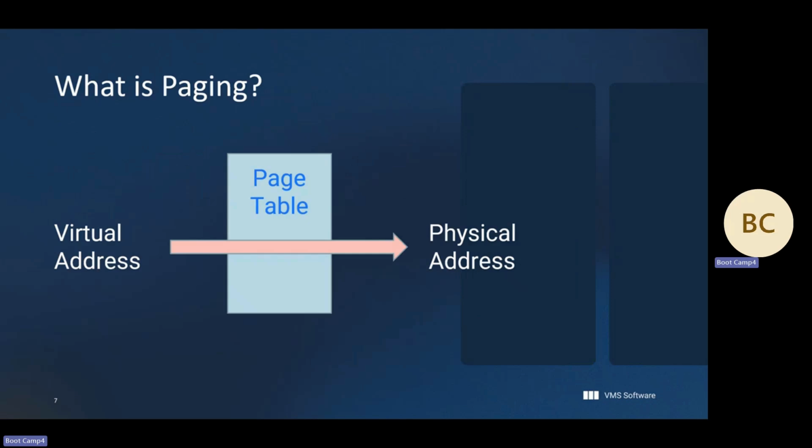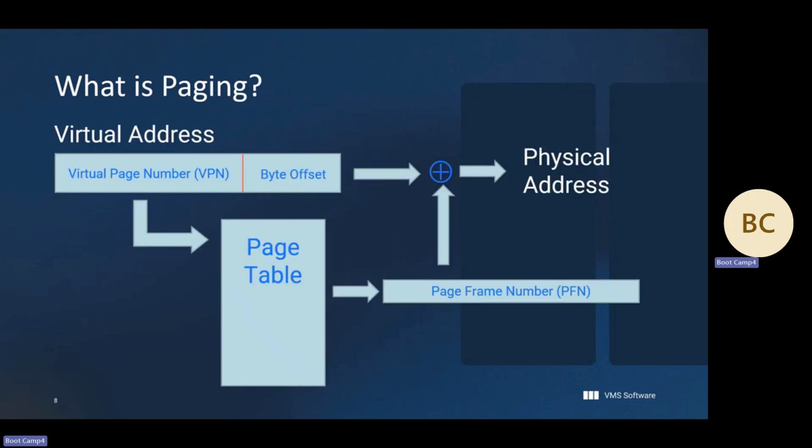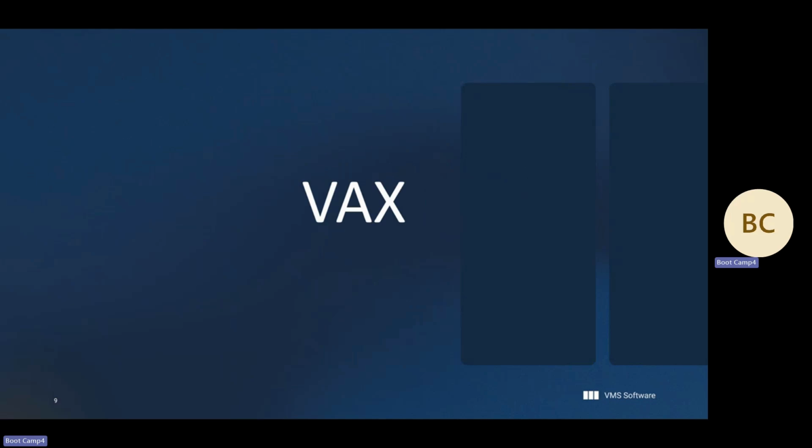So a virtual address is mediated by a page table, which will take the virtual address and figure out where it goes. You take an address, and it's divided into a virtual page number and a byte offset. The virtual page number is used to look up in the page table the corresponding physical page frame. And then you combine back the byte offset, and it generates a physical address. And then the hardware does its stuff, and you get the result.